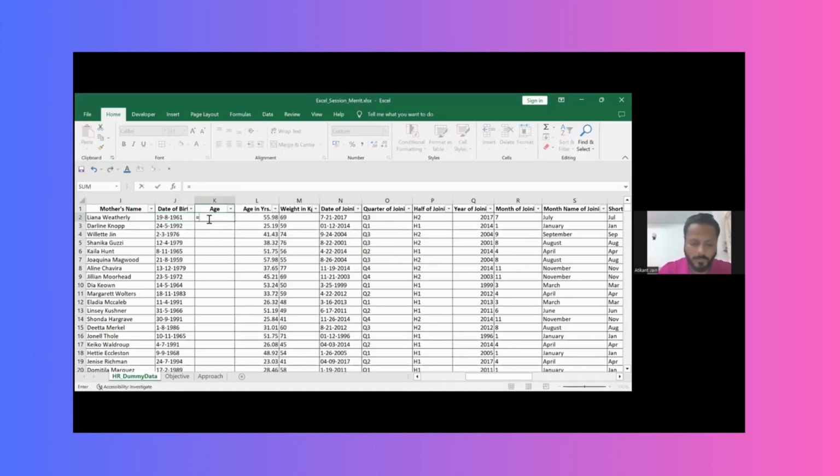So I go to today minus this, and my output should be an integer, so I will use INT, the integer function. Now I can divide this by 365.25. So 365 is the days in a year, and 0.25 I am adding just to include the leap years as well. So if I do this and press enter,